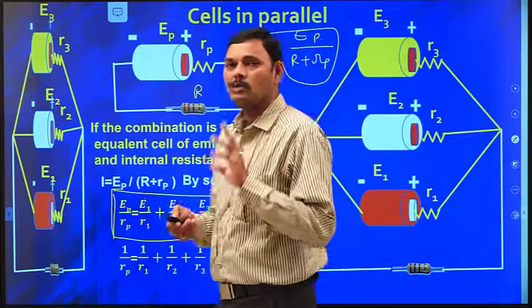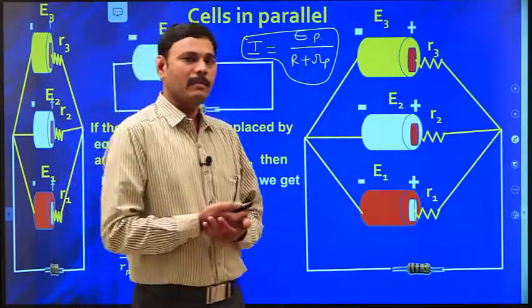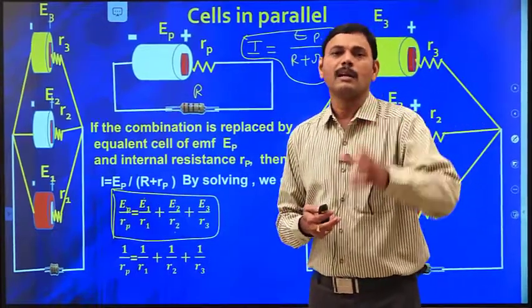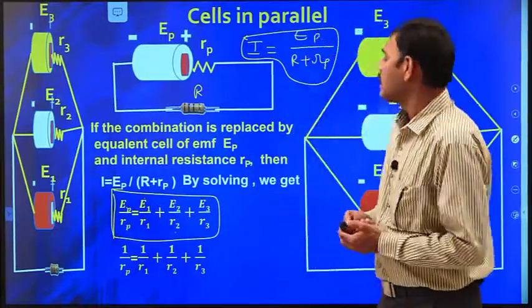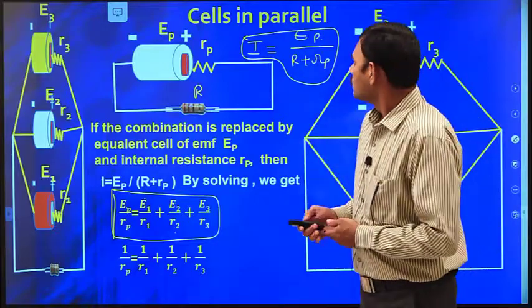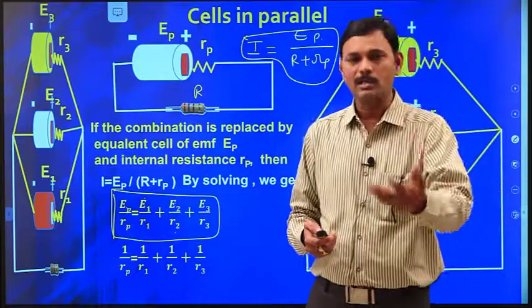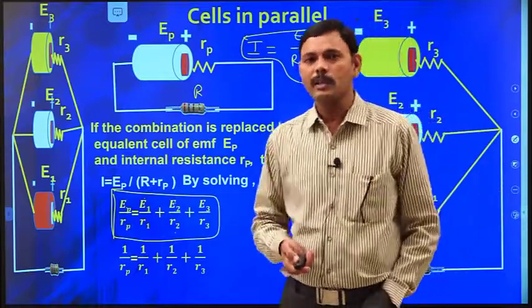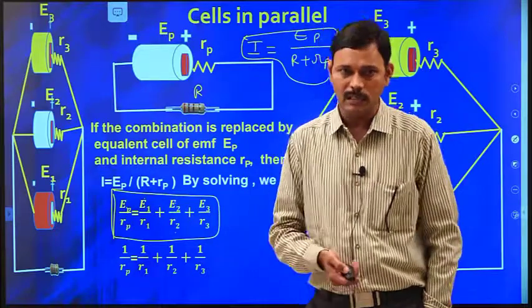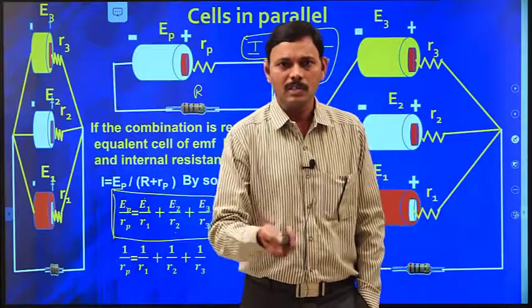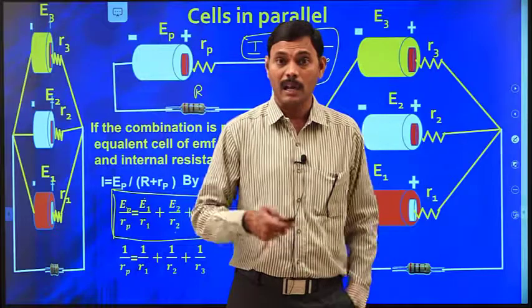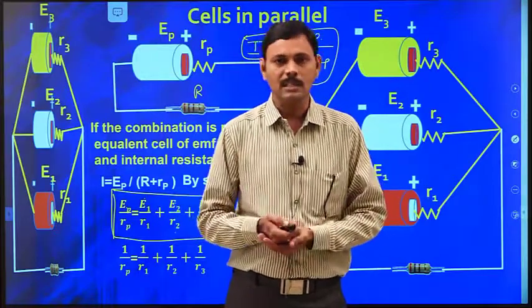Students, we have to discuss a few more phenomena and numericals, and effective parallel EMF and current for identical cells in parallel combination. A few more discussions to be done in this parallel combination and numericals to be solved. I have already explained in this video for more than 1 hour, so I can't continue now because some technical problems are there. So in the next video I will continue this parallel combination of cells, and numericals in series and parallel and grouping of cells will be discussed in the next video.